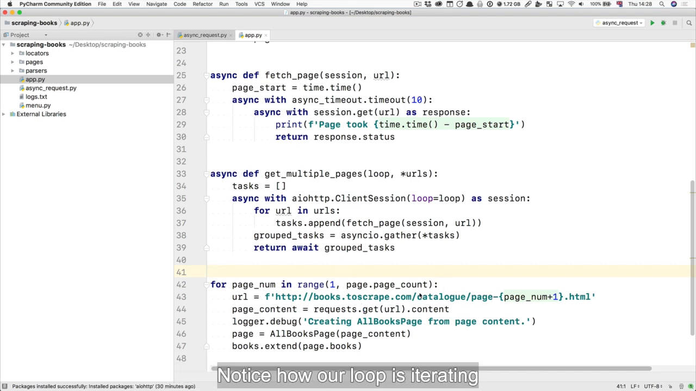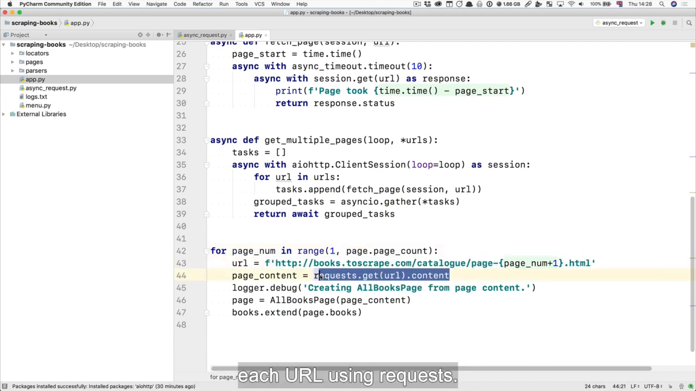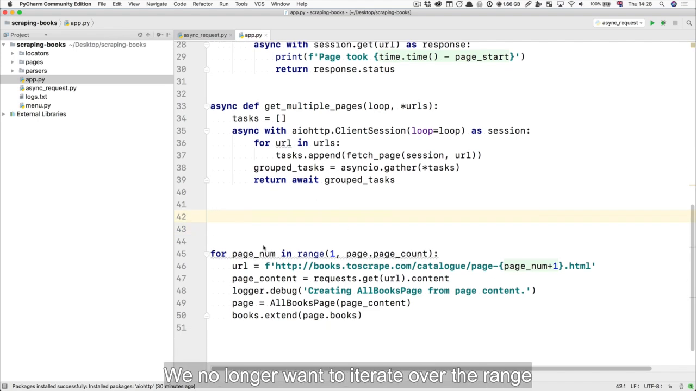And then we can call them down in our loop. Notice how our loop is iterating over the page count, and then it's going to get each URL using requests. We no longer want to do this. We no longer want to iterate over the range and get each page. Now what we want to do is get all the URLs and pass them in to our get multiple pages function. So what to do is to copy this